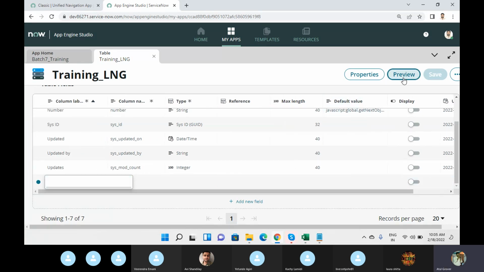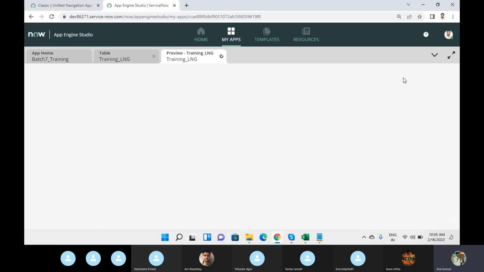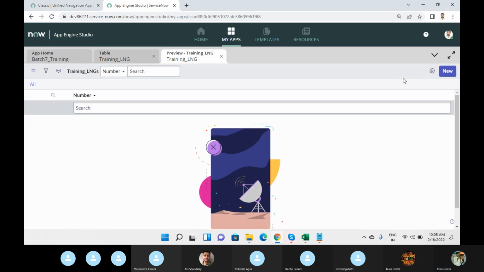You want to see the preview? Click on the preview here. That is how my table looks like. It will look like this format. This number is coming because we have the auto number as true. Clear till this point, everyone? Any doubt, any question? Okay,